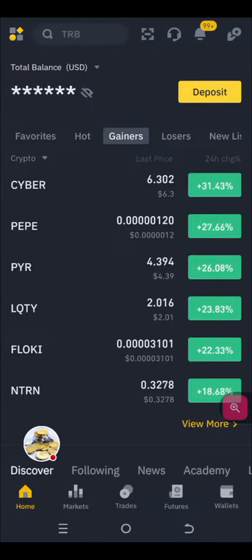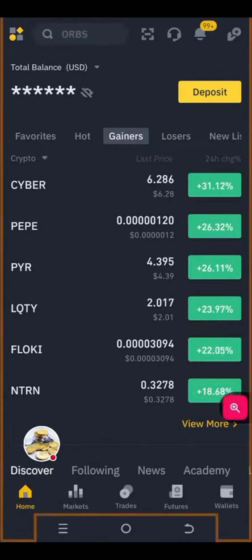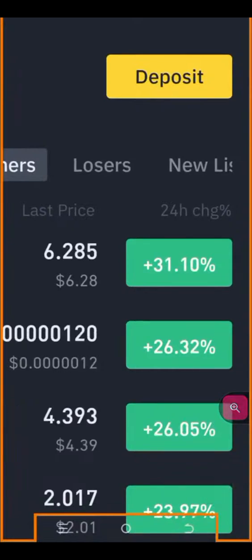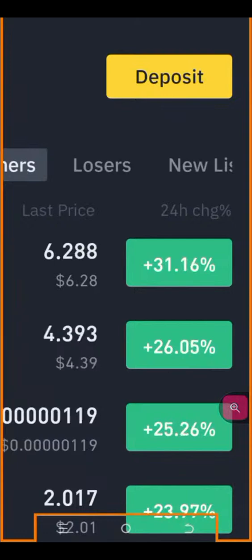another 24 hours. When a coin is in pump mode, like someone asked me, what do you mean by pump mode? I'll explain that in a bit, right? When a coin is in pump mode, take a look at this. Don't forget that this is a trading session, and we're also having a tutorial alongside it. Now look at this, right? When you see that a coin is already plus